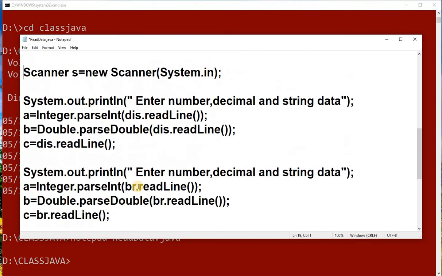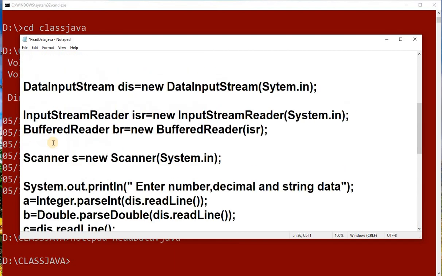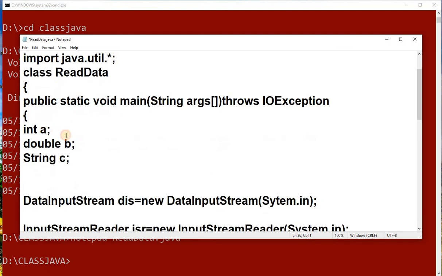Now I have to print all these outputs one by one. If I print directly, it will give the output of the value which is given at the end. To avoid that confusion, I will give A1, A2 and A3. Same way I will give B1, B2, B3, and C1, C2, C3.